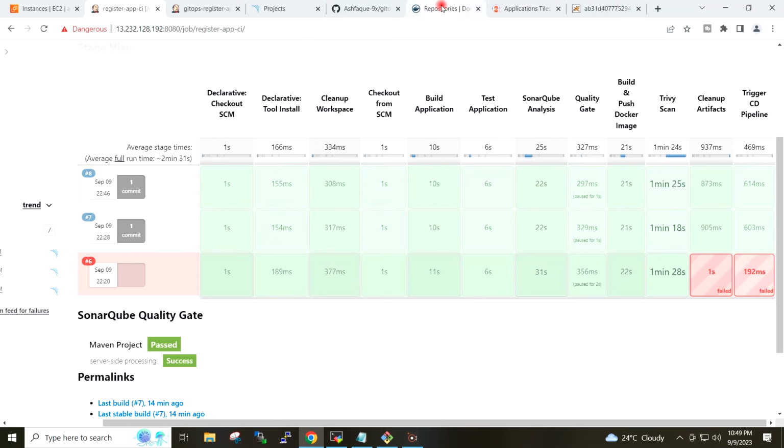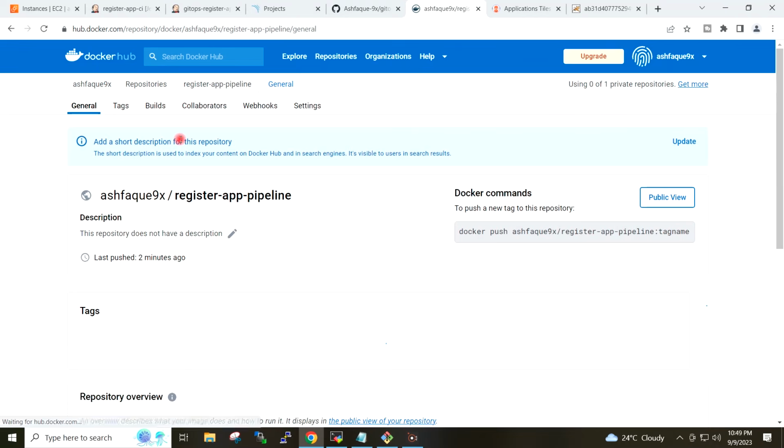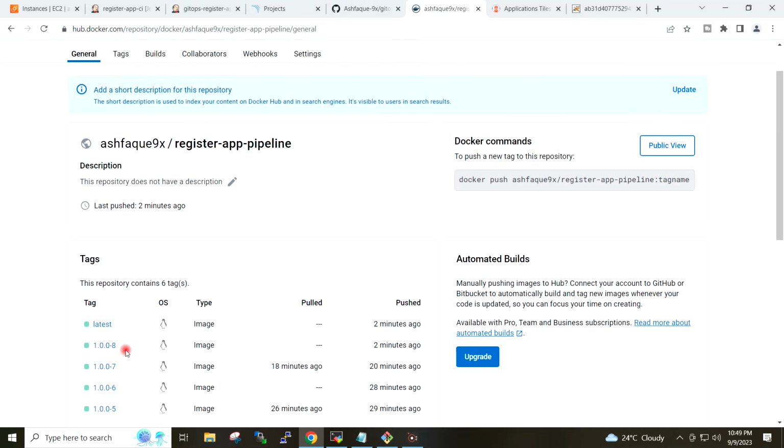If I go to Docker Hub and do the refresh here, the image has been pushed just now, and the image has the latest tag with the latest build number, which is 8.